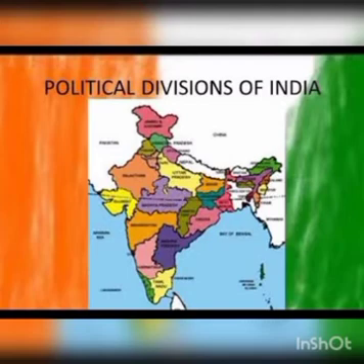Daman and Diu, we already learned, is also a Union Territory. Now we study the Union Territory of Dadra and Nagar Haveli. It was a Portuguese colony, but after that it joined India. Okay, most of the land of this Union Territory of Dadra and Nagar Haveli